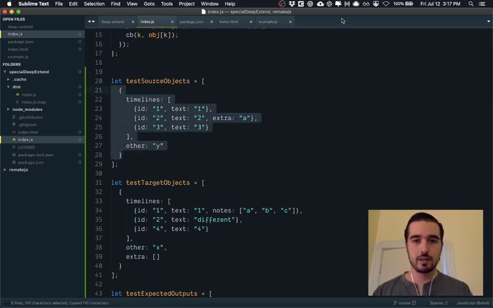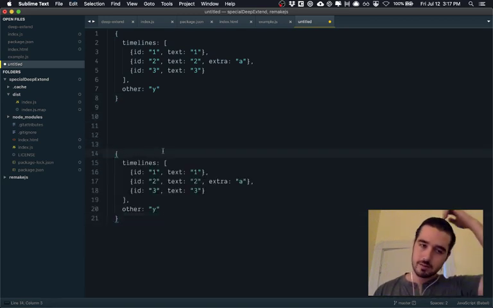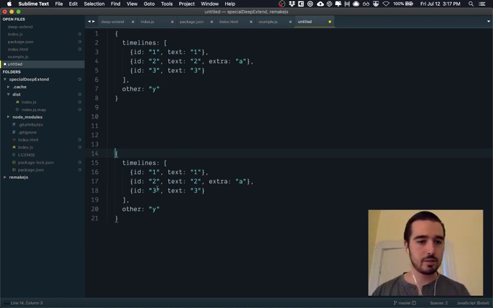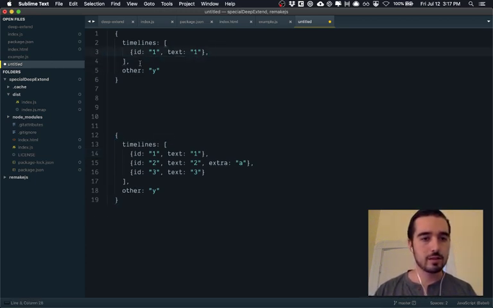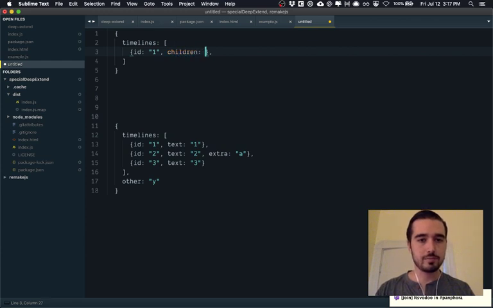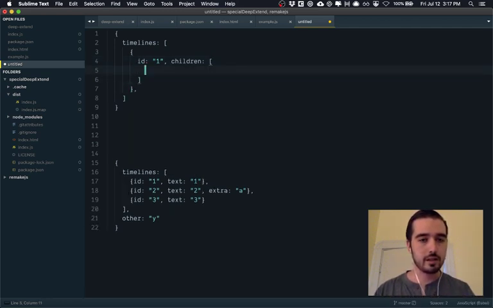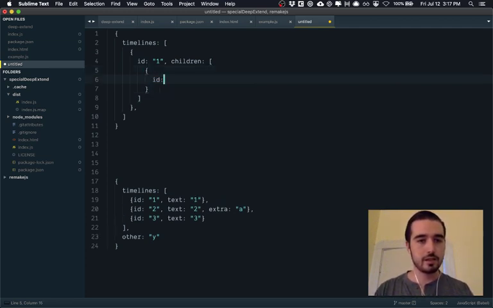So I want a more advanced case. I think super nested objects would be good. This is something I'm not sure it's going to work well with. So let's get rid of all of these. Let's get rid of this other thing. Let's just have an array, and we'll say ID, and we'll say children, and then we'll create an array off of that. And then in here, we'll just have an object, and then this is going to be an ID